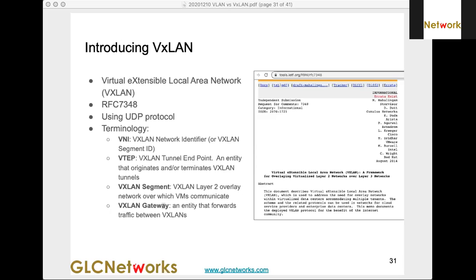So in VxLAN, we introduce some terms like VNI, VxLAN network identifier. To me, it's like a VLAN ID.